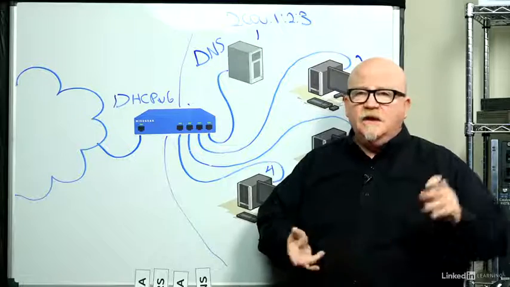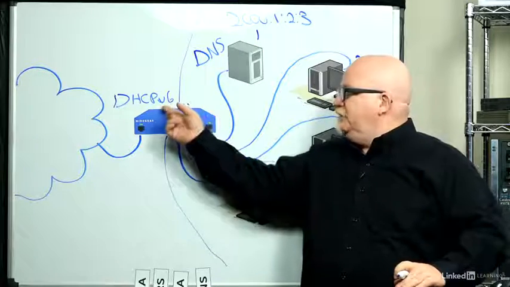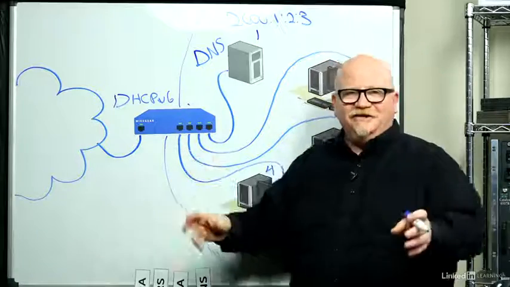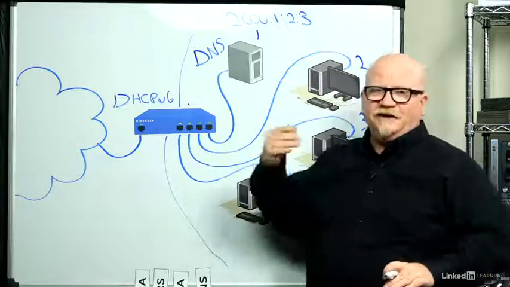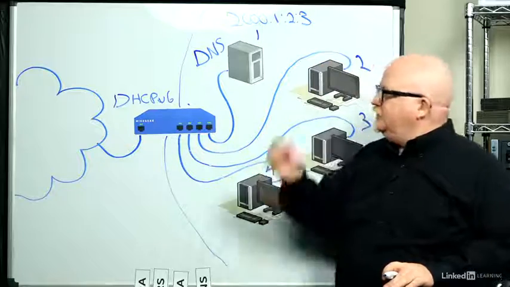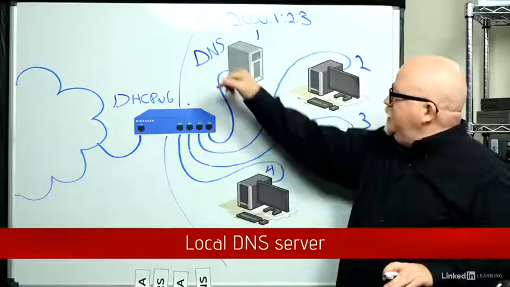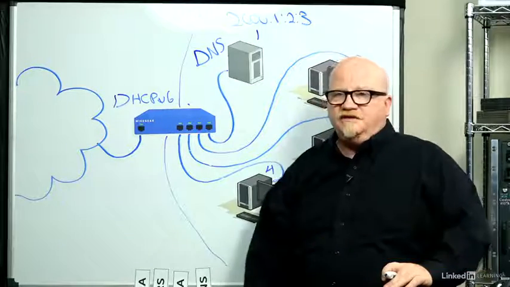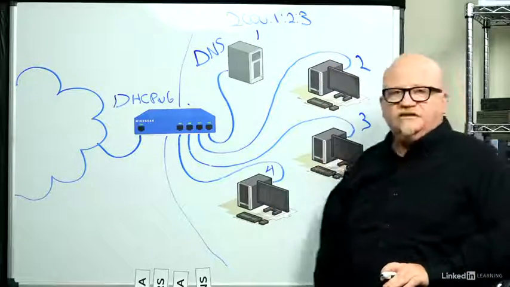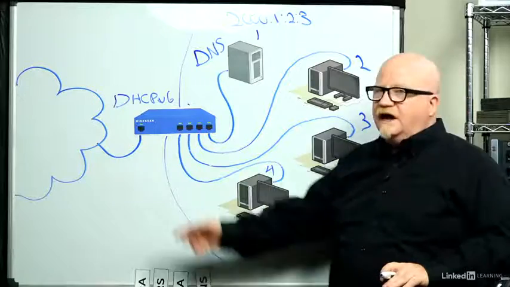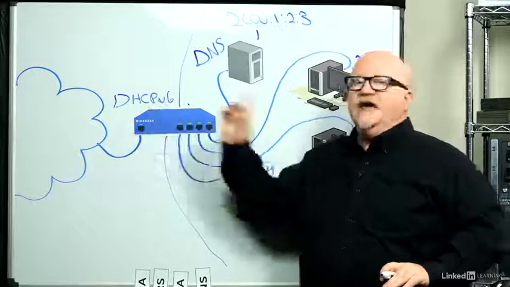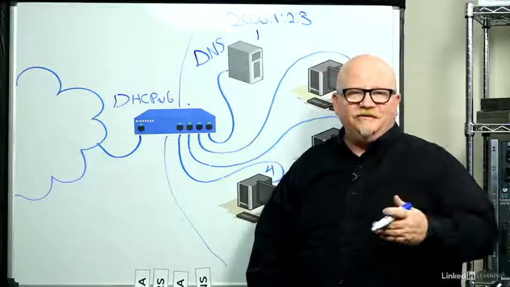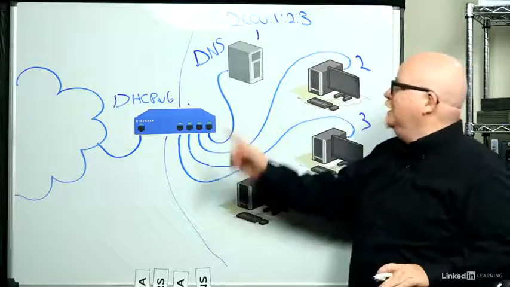That can be done. But the real reason DHCPv6 exists more than anything else, other than propagating down prefixes for downstream routers, is DNS. Because so many people have a little in-house DNS server, a lot of times we'll set up DHCPv6 not to give these guys IP addresses, not to set up their default gateway, not even to define the network, just to go, hey, wait a minute, instead of using the DNS server that's coming down via aggregation from the ISP,